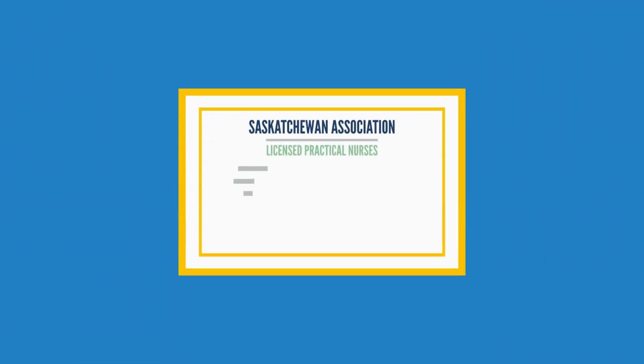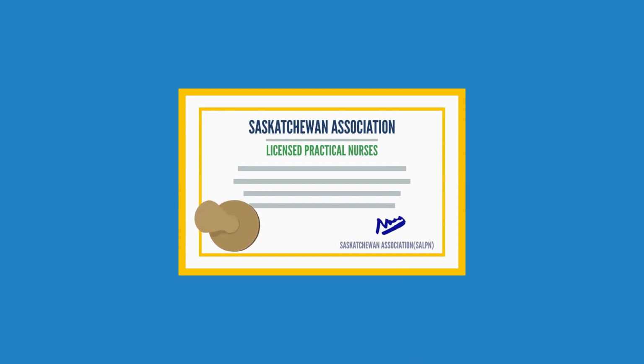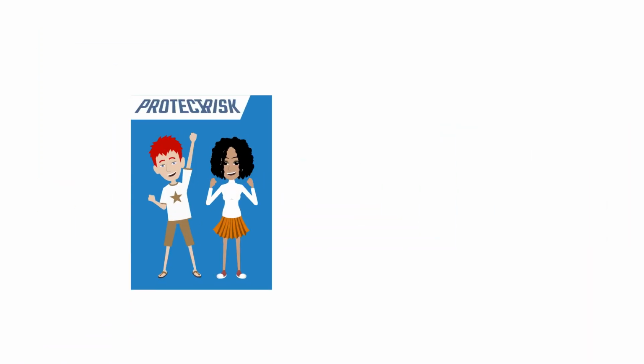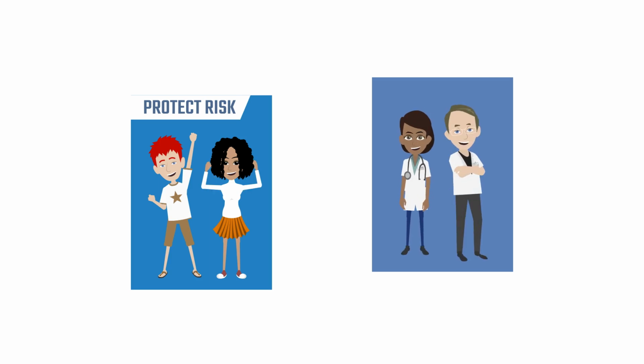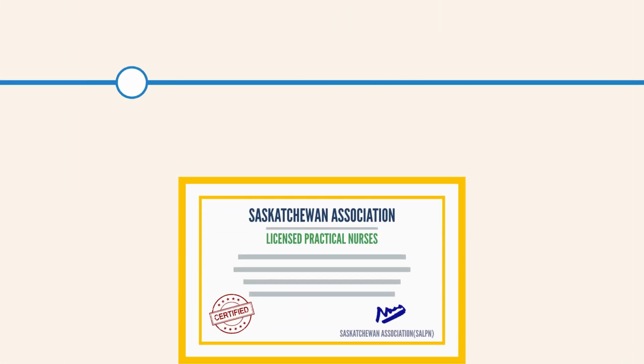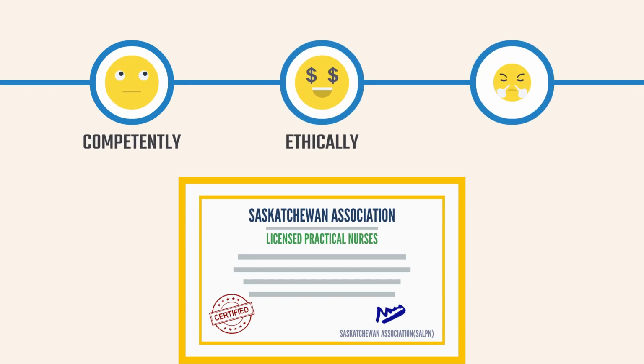The LPN profession in Saskatchewan is regulated by the Saskatchewan Association of Licensed Practical Nurses, often called CLPN. The purpose of professional regulation is to protect the public from risk and reduce harm to those a profession serves. LPNs are regulated because the service they provide can pose a risk to the public if performed incompetently, unethically, or